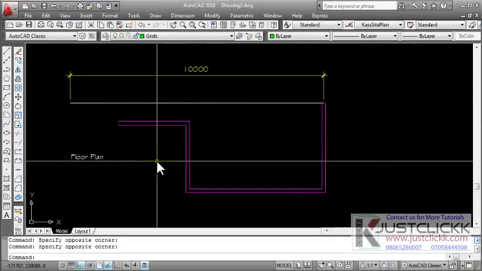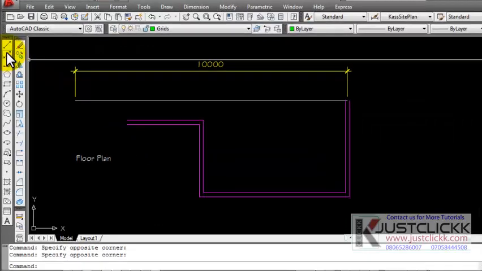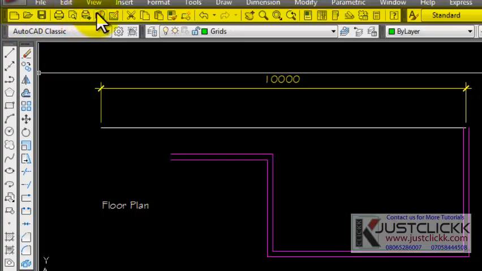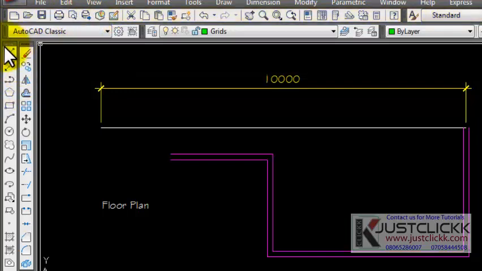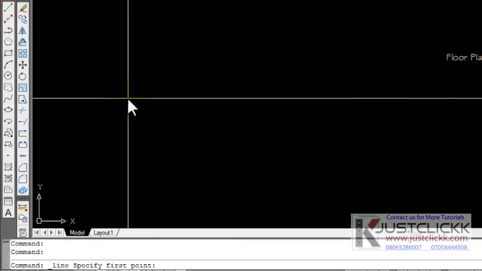Using AutoCAD tools. Let's first of all look at the types of tools available in AutoCAD, starting with the basic tools. Right here you have the drawing toolbox, you have the modifier toolbox, and then you have the standard toolbox. So starting with the drawing toolbox, so you pick a line tool, you specify a point,